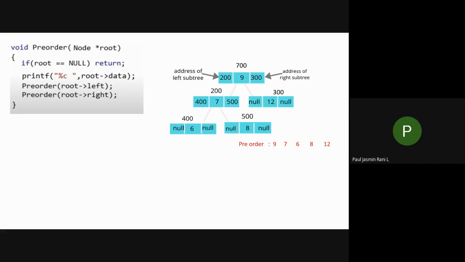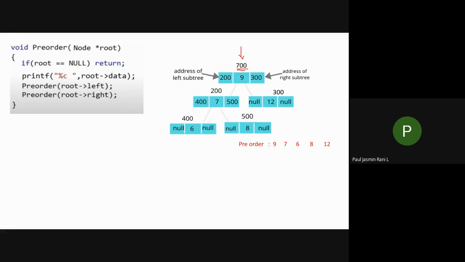You all know that whenever you want to do a traversal, you will be at the root node. Let us assume that I have passed the root node address there. So the current root node address is 7000. What is the current root node address? That is nothing but 700. Once again let me explain the pre-order traversal, and then I will go into the implementation part. It will take a minute.